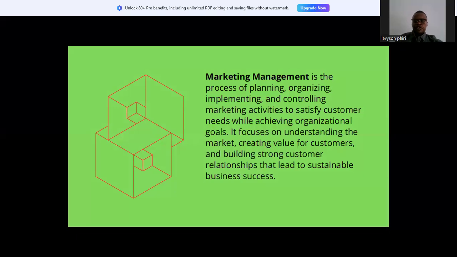Marketing management. What do we understand by marketing management? Marketing management is the process of planning, organizing, implementing, and controlling marketing activities to satisfy customer needs while achieving organizational goals. It focuses on understanding the market, creating value for customers, and building strong customer relationships that lead to sustainable business success. So this definition is clear